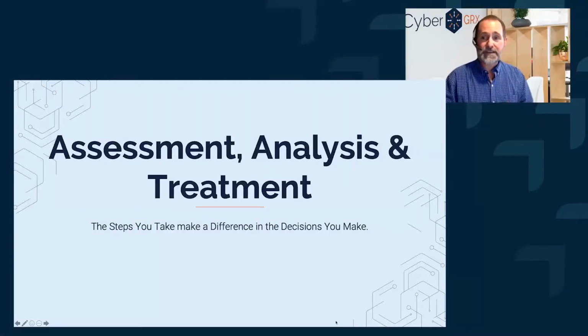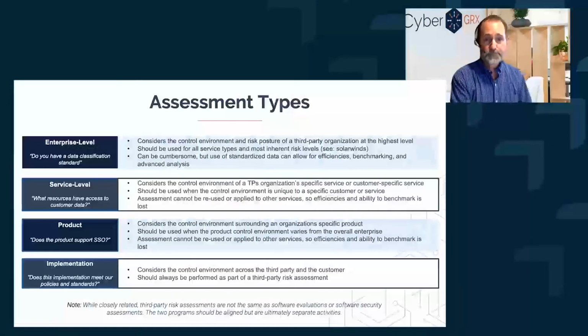Now let's look at the assessment, the analysis, and the treatment of the various types of risk. The assessment types that we can look at: the enterprise level assessments, which could and really should be standardized. These are the high level organizational decisions. So policies and organizational standards, HR policies like background screening, security awareness training,